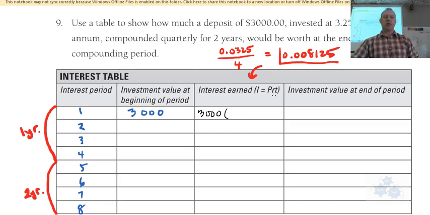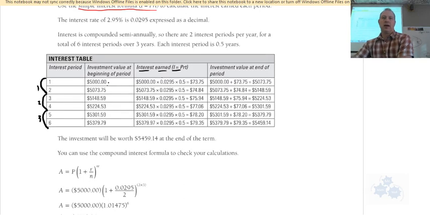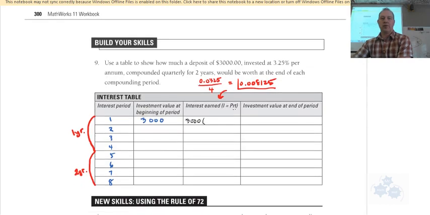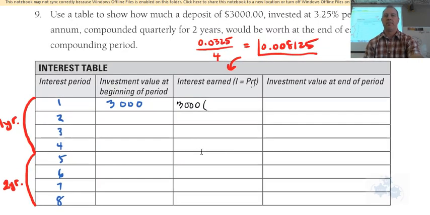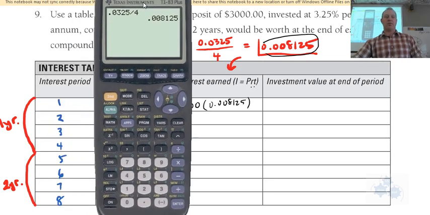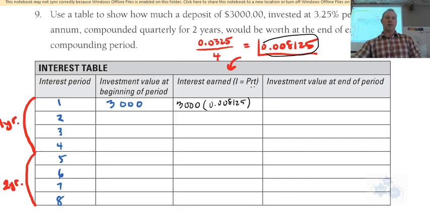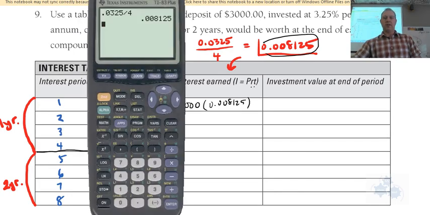Now let's go back, just really quickly, to this one. You see how this was the yearly rate divided by 2, because there's 2 interest periods per year. So yearly rate divided by 2. So we are going to use that yearly rate divided by what? 4. So it's just this number right here that we're going to use, 0.008125. All right. So after the first, 4 times per year, that's 3 months, right? So after the first 3 months, or 1/4 of a year, we have